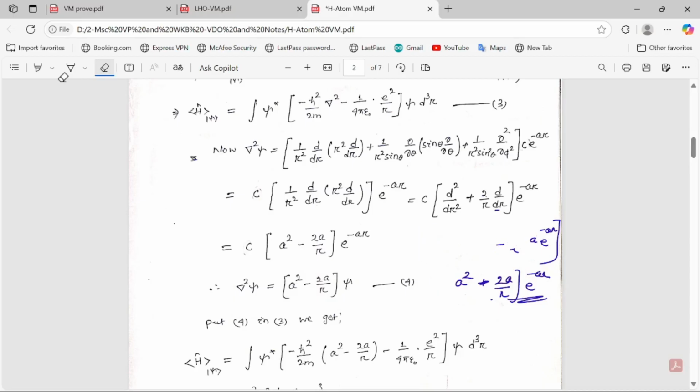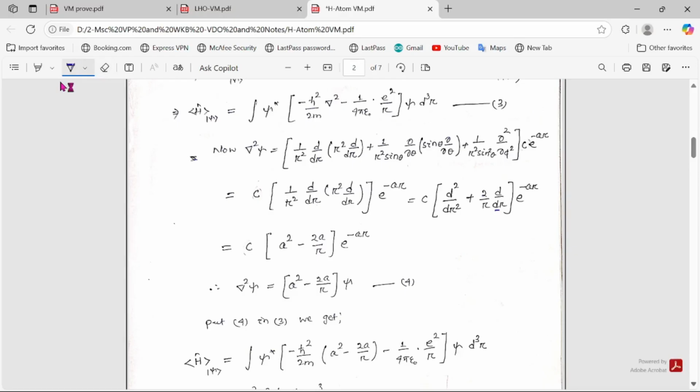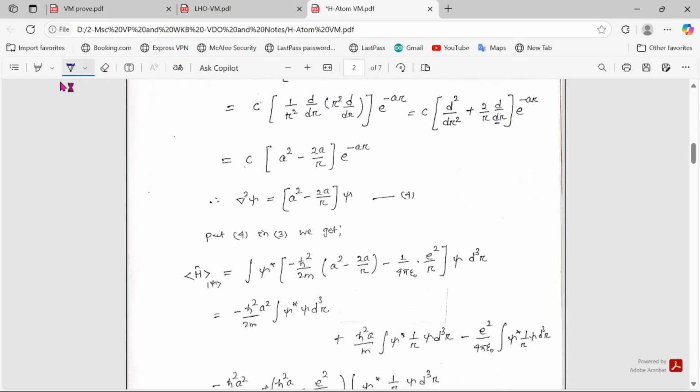So here we found the Laplacian operator, del square psi, in inverse spherical polar coordinates. For this trial wave function, we found this much: (a square minus 2a by r) psi. Let this be equation number 4. Here the same thing has been written. Put 4 in equation number 3, we get